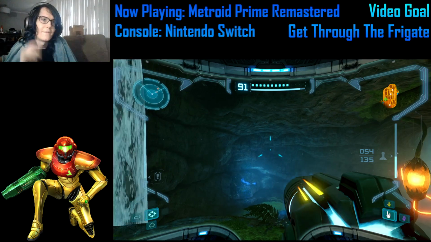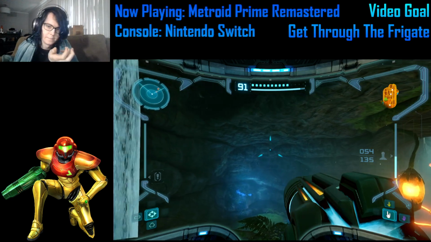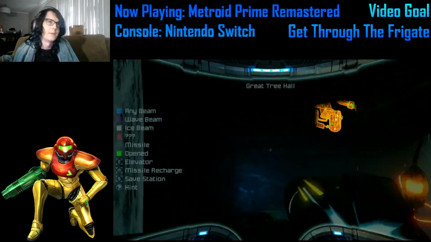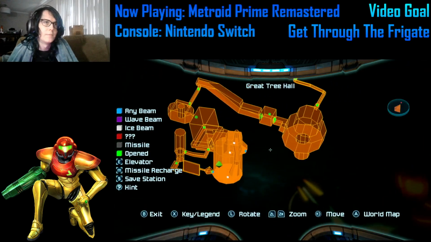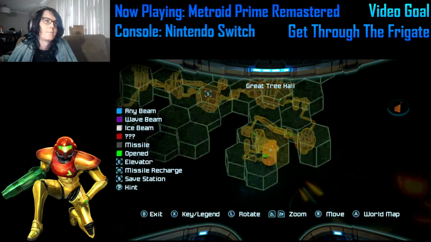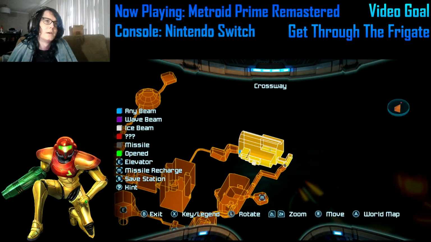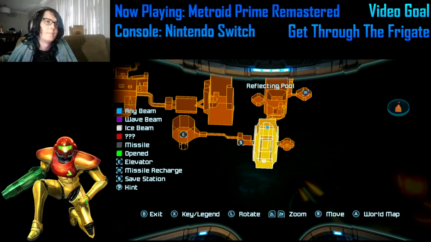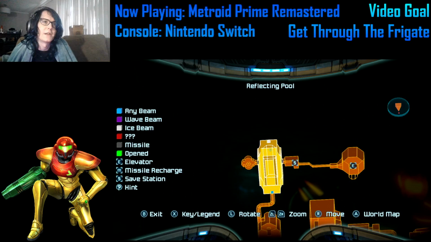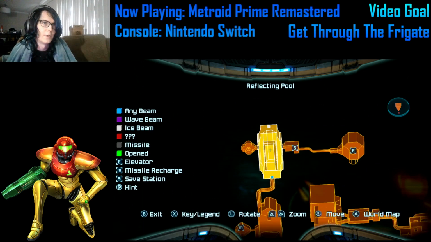So you can go from the Phazon Mines upper elevator into the upper part of this room. I think this is, yeah, Great Tree Hall. So the white hatch that leads up here onwards this way